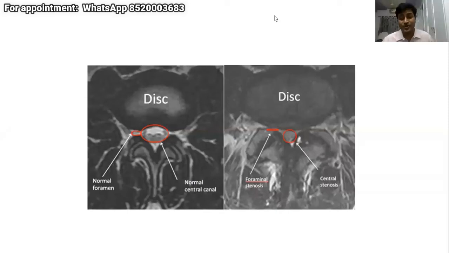I have told you, last summer also I have told you. For me, at least, there is some difference of opinion even between neurophysicians and neurosurgeons. Neurophysicians diagnose and send the patient to you. Their approaches are different. They are more inclined towards medications. Neurosurgeons are more inclined towards physiotherapy and surgery also.